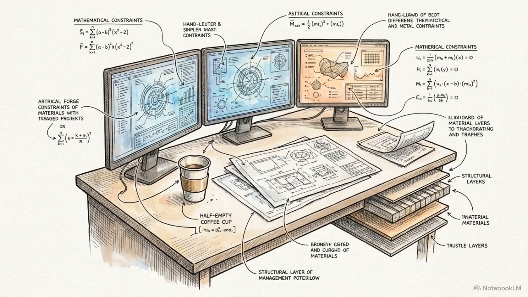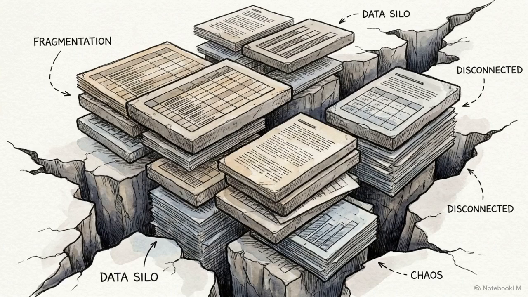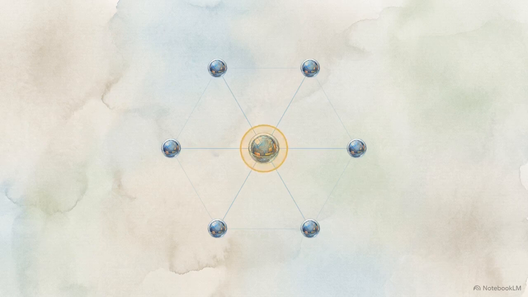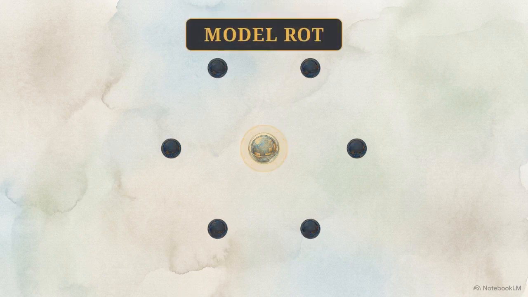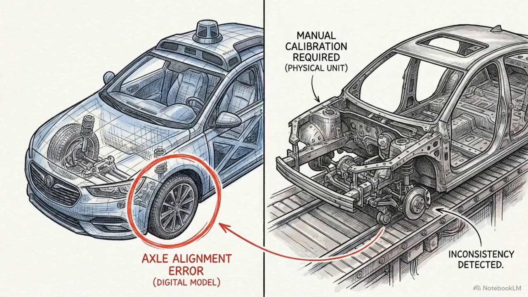The root of this failure isn't found on the road, but in the engineering office. Historically, complex system requirements have been tracked across thousands of fragmented spreadsheets and text documents, creating isolated information silos. This fragmentation leads to model rot. When one engineer updates a component, the change often fails to propagate through the rest of the blueprint, leaving the entire design based on a lie. The catastrophic physical failures we see in modern machines originate as invisible contradictions in the design phase, long before manufacturing